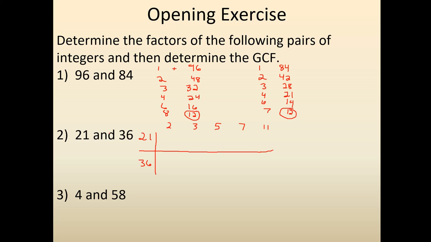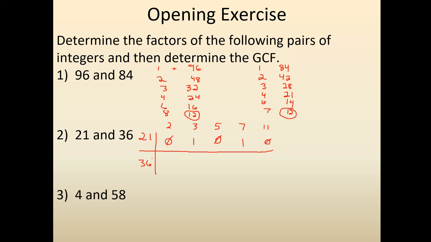So 21. If I divide 21 by 2, I get that that's not a number. It's not divisible by 2. But if I do 21 divided by 3, I get that this is divisible one time, because 21 divided by 3 is 7. So that also means that 7 divides into it one time. So we have 1 3 and 1 7. Then there's no 5 terms and there's no 11 terms, because again, dividing 21 by either of those numbers